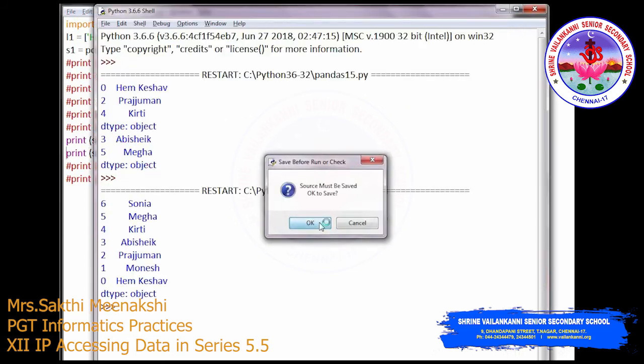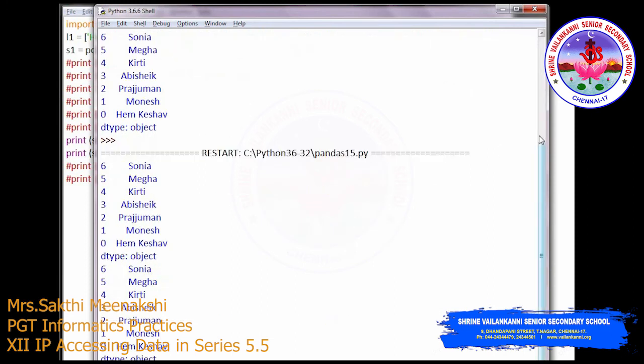So instead of first one, I am using minus 1, and last one I am using minus 8. Okay, so 1, 2, 3, 4, 5, 6, 7. So this index will be minus 7. So since we want the minus 7 also, I am using the index as minus 8. Okay, so totally we have 7 elements. It accepts minus 8 also. Okay, so if you use minus 7, then this record will not be shown. Okay, that's why we are using minus 8. So the same results we will be getting. Okay, you can get the same result, right?